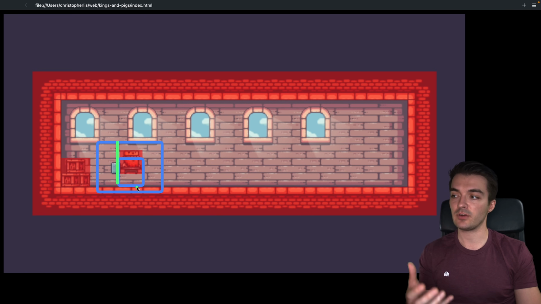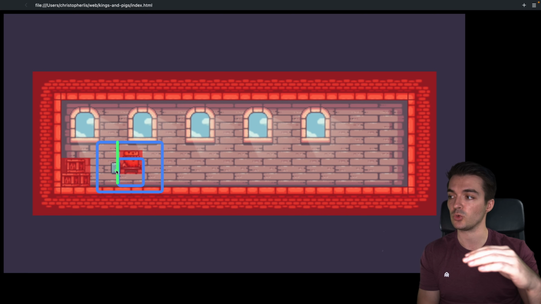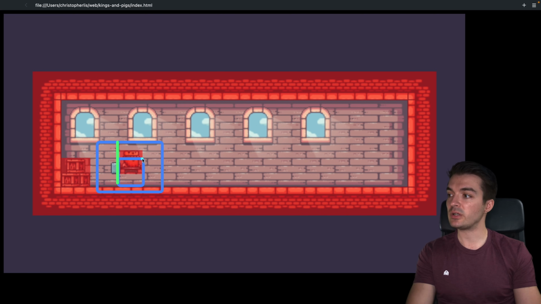We can ignore the position of our outer box because now we're only detecting for a collision with the bottom of our inner box. So how do we get this distance right here? How do we say move our player up by this green line distance instead of the distance of our entire outer box? Well, really, we're going to need the top of our hitbox, so this right here. And if we subtract from the top of our hitbox the top of our main outer box, we're going to